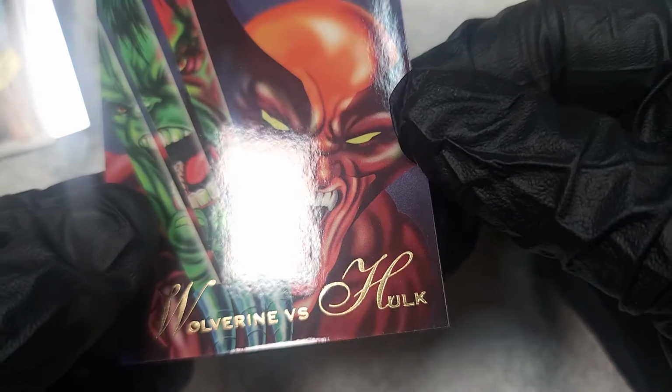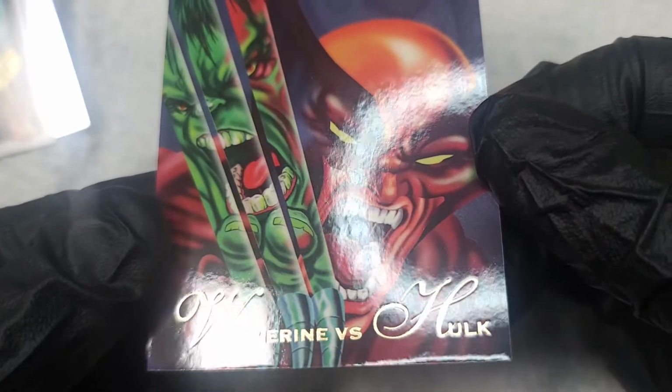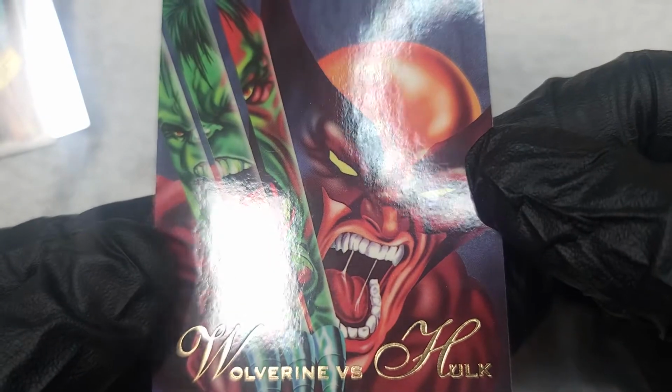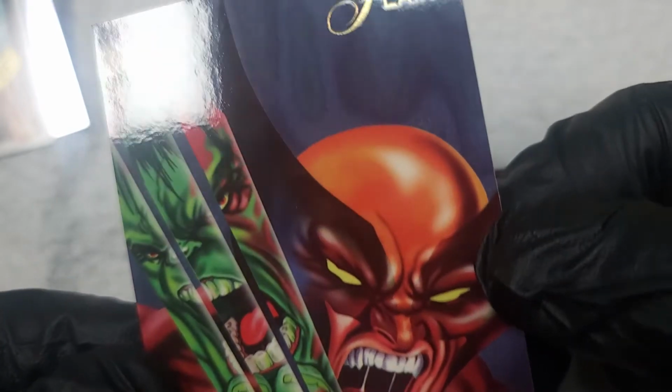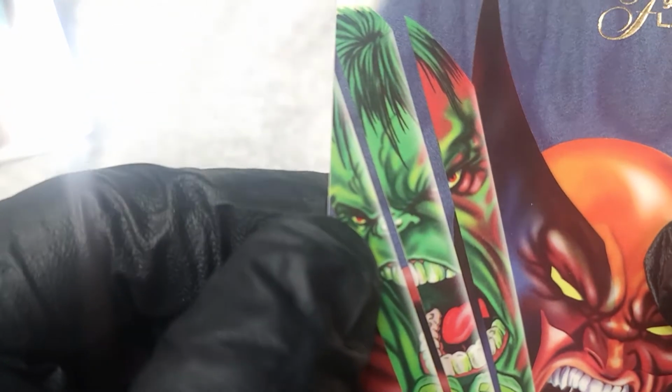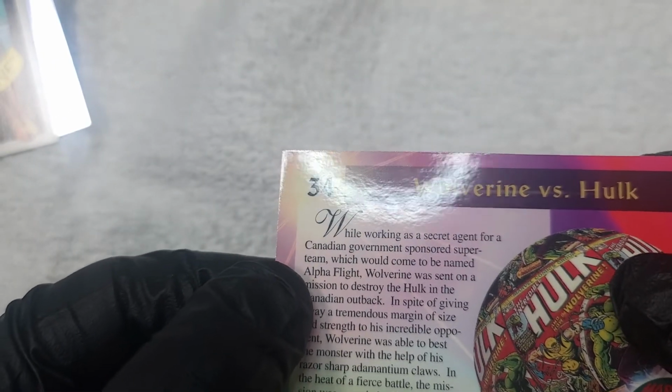The surface looks pretty good. I'm going to try to look at it off camera. Yeah, it looks good. Corners, edges, centering, everything on this card. Finally, you can tell this is a thicker card. Seems like it was made out of a better material. So far I'm looking at a 9.5,